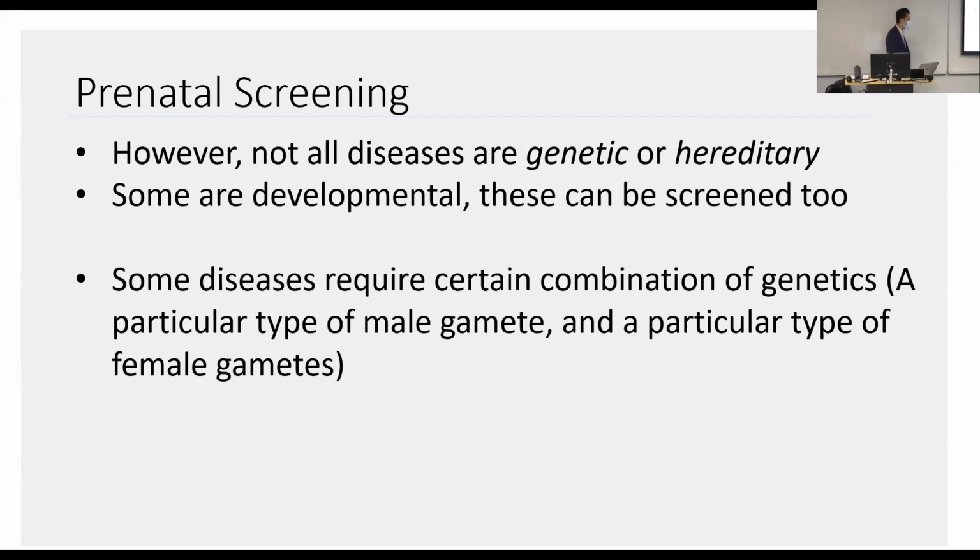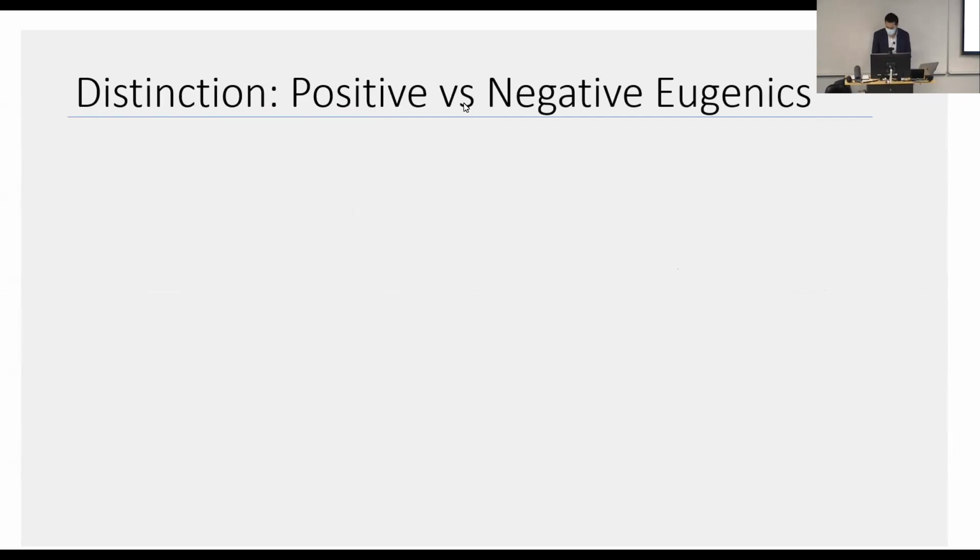So when we're screening, you tend to screen gametes on their own, well, for IVF at least. But in some cases, there's actually no disease by itself, but when it's combined with certain other genetics, then a disease may arise. I mean, there are lots of things to be said about prenatal screening. If you're interested in the ethics of prenatal screening, which may turn on some of the details, feel free to do research into it. I now want to make a distinction, and I think this is an old distinction.